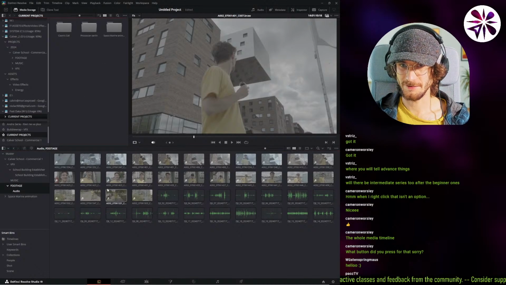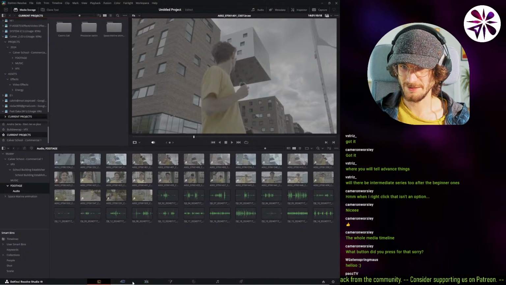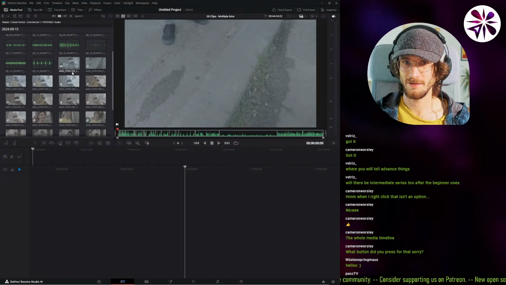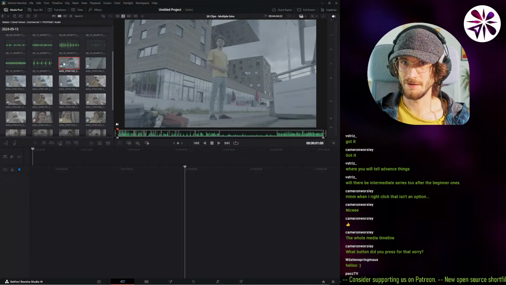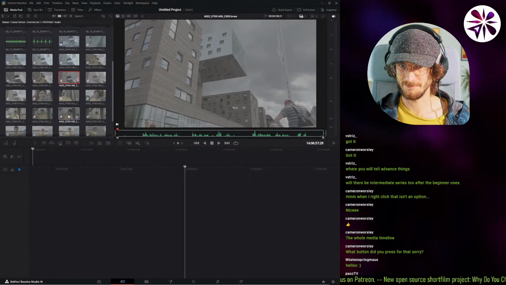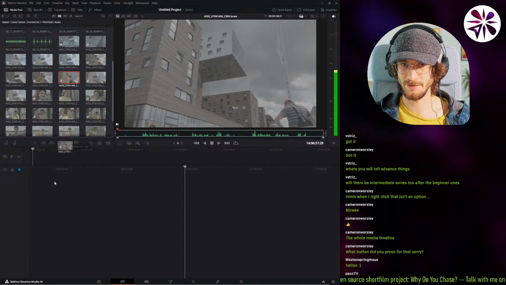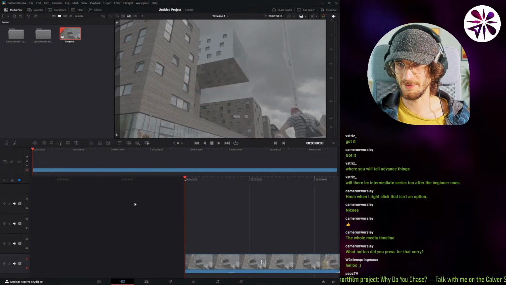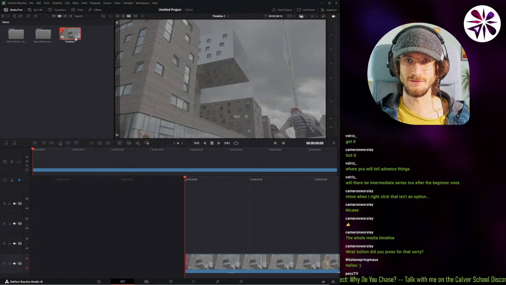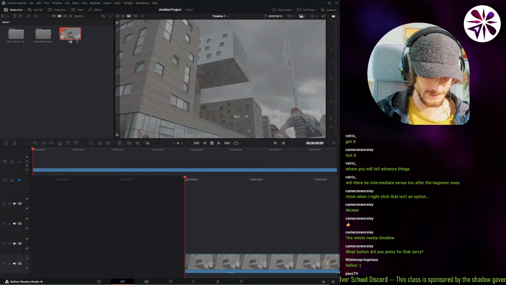All right. Okay, so yeah, audio syncing worked, and now let's go back into our cut page. Now we can just drop in the clips that we want. For example, I want this whole clip in here, so I can just drag and drop it in, and Resolve will create a new timeline. You can see it recreated a new timeline in the master folder. Let's just call this beginner course